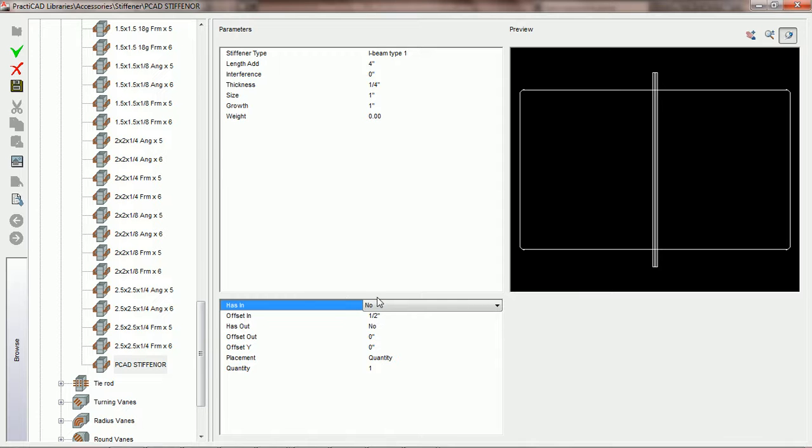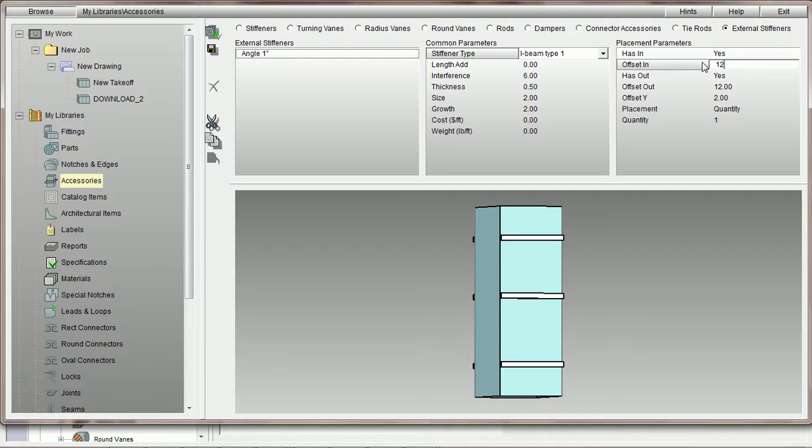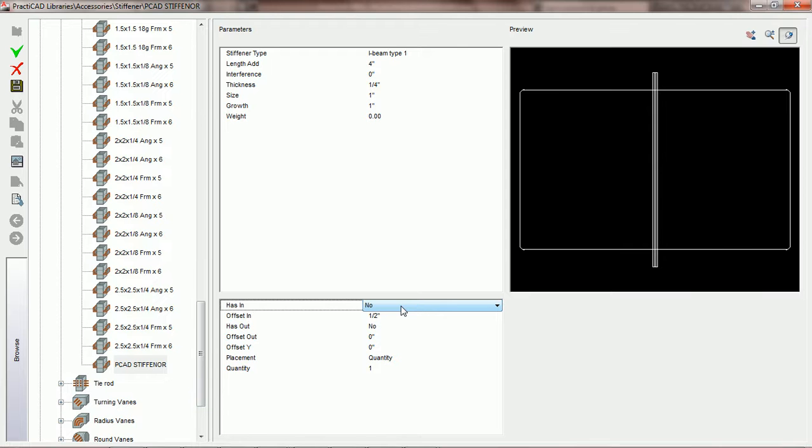The parameters we have on the bottom here are what we call the placement parameters in PractiCAD. Here inside PractiCAD you can see the placement parameters: has in, offset in, has out, offset Y, placement, and quantity. And we have the same ones inside PractiCAD. The first four we're going to cover are the has in and offset in, and the has out and offset out. Currently, we only have one stiffener in the center of the duct, quantity 1, as is notated right here